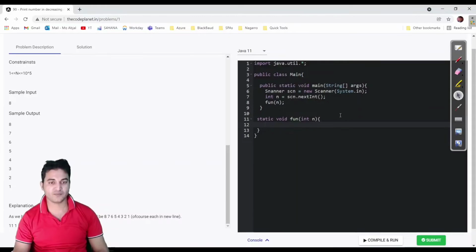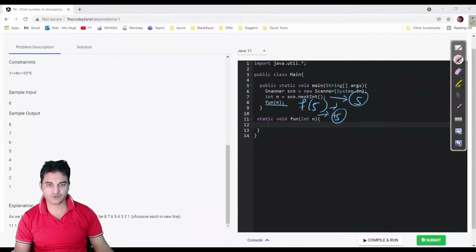So till now we have taken an input from the user. Let us assume that it is 5, and we are calling fun, like f of 5. So here in n we have 5.